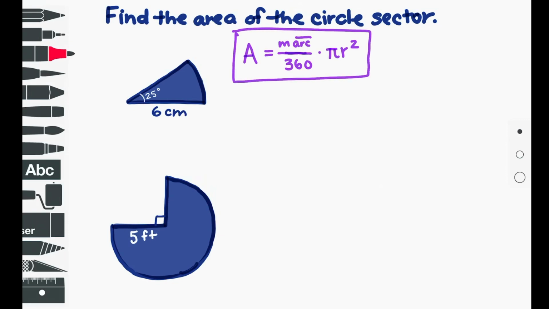So that's our formula. And in this case, right here, I've got just a little sliver of a circle. I've got only 25 360ths of the circle. And pi times 6 squared would have been the area of the entire circle. And if you type all of that in, I like to just type it all in at once, and you should try that too. 25 divided by 360 times pi times 6 squared is